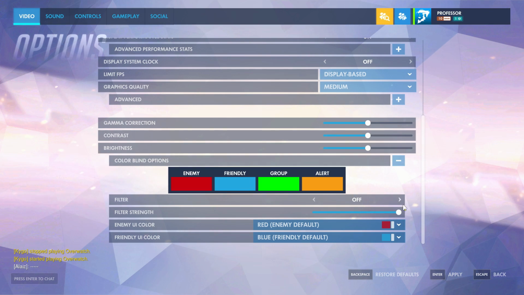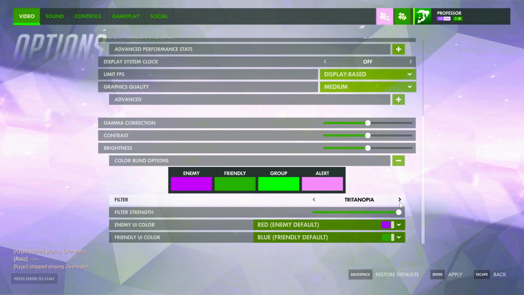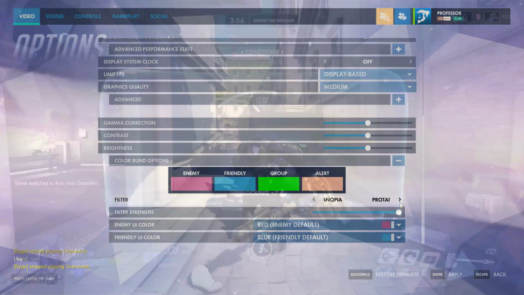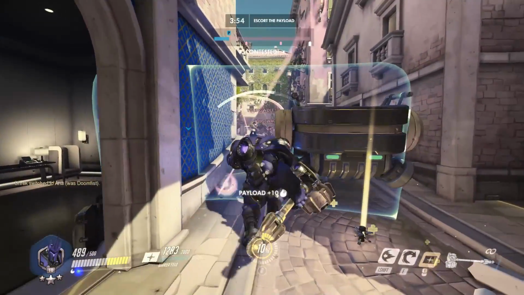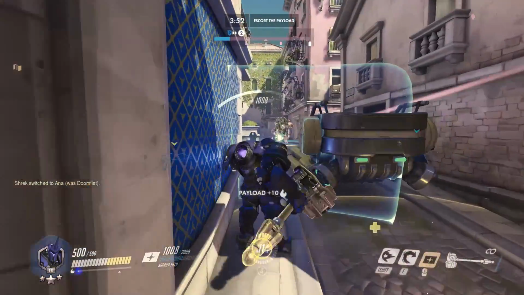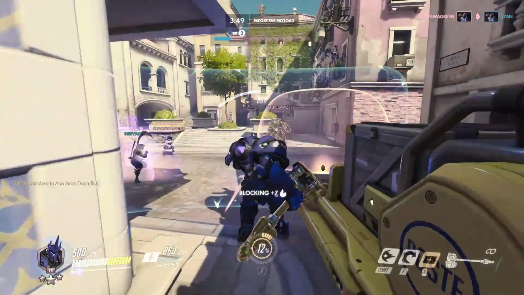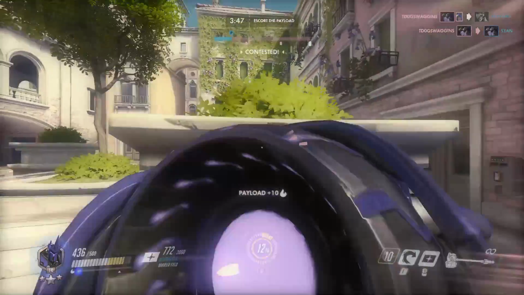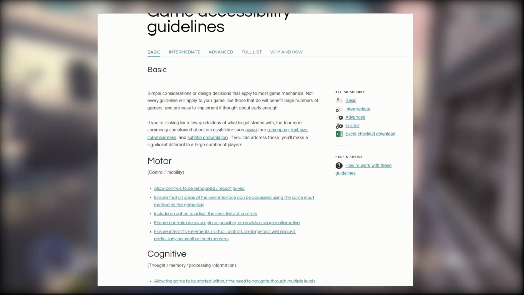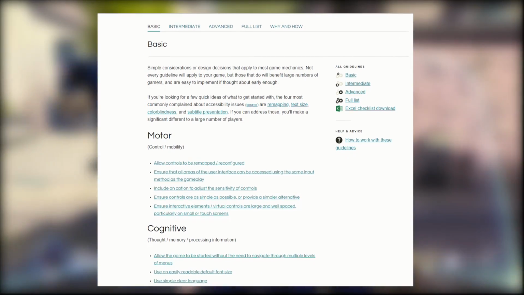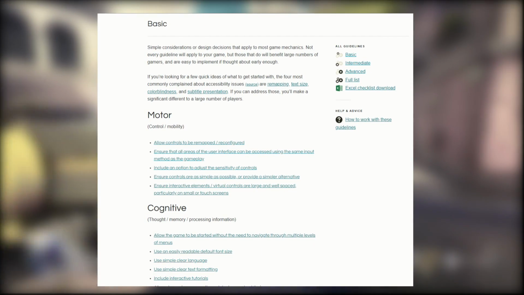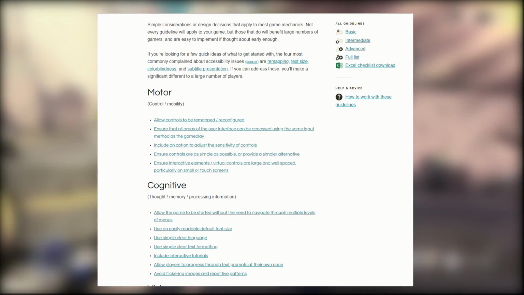This list was of course just a small taste of what a disabled player might actually face. But even if we just made these few things as standard in game development, it would make an incredible difference in so many lives. And again, if any of this struck a chord with you, please check out the full list in the description down below. Accessibility might seem daunting at first, but it's actually a lot easier to implement than you think, and it will absolutely always be worth it.